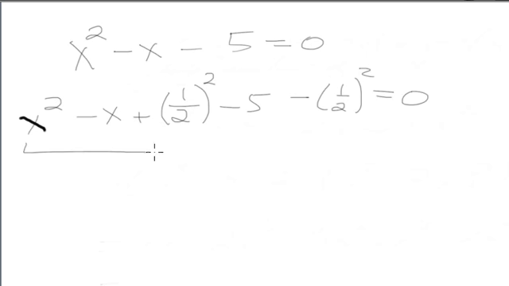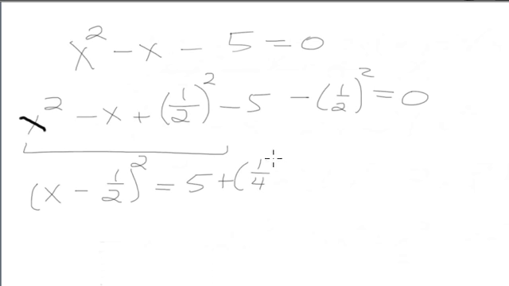Now these first three terms make a perfect square. I get x minus 1/2 squared is equal to 5 plus 1/4, or just 5 1/4, or if you want to write it this way,